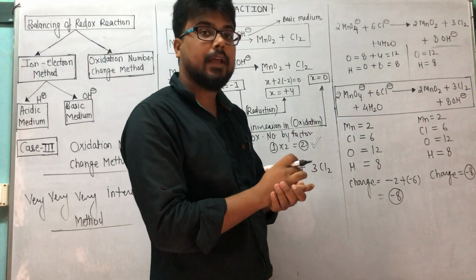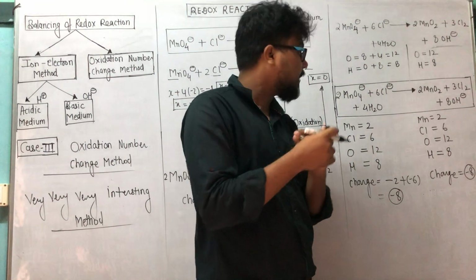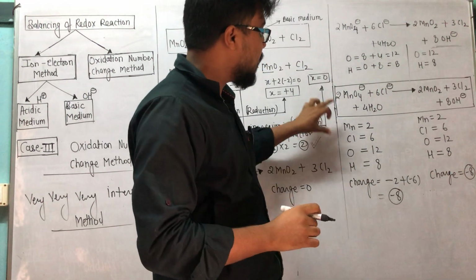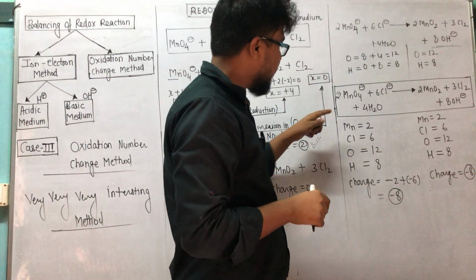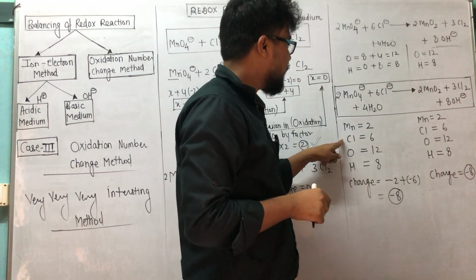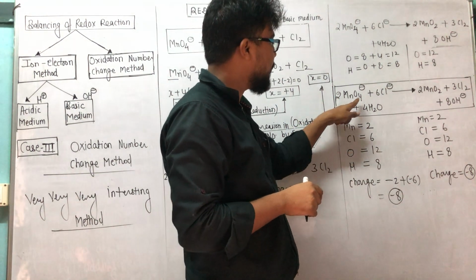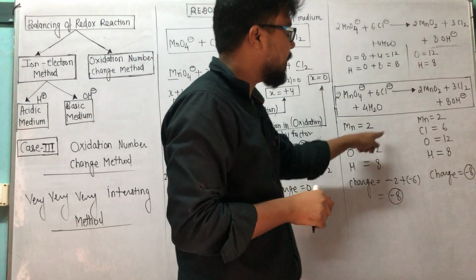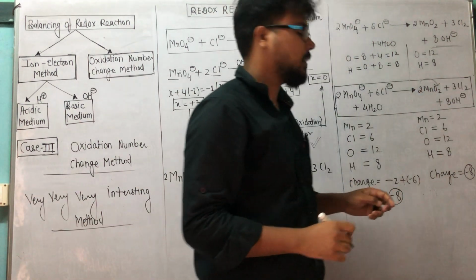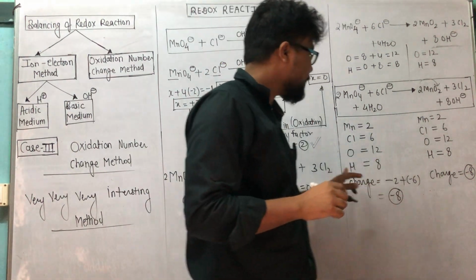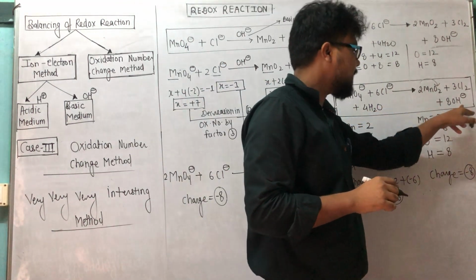And as we are doing from my previous video lecture, we check after balancing whether it is correct or not, correct? So I can check first of all with the help of number of atom, and next with charge. So check here, number of Mn is 2, number of Mn is 2, number of Cl is 6, number of Cl is 3 multiplied by 2, 6. Number of O atom 2 into 4, 8 plus 4, answer is 12. Number of O atom 2 into 2 is 4, because this 2 will be multiplied by this oxygen. This is number 2, correct? And next here oxygen atoms are 12. Check hydrogen atom, 4 into 2 it is 8. Here H atoms are 8.